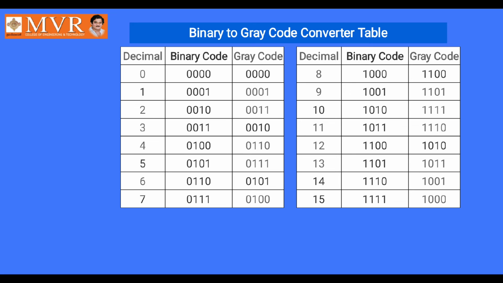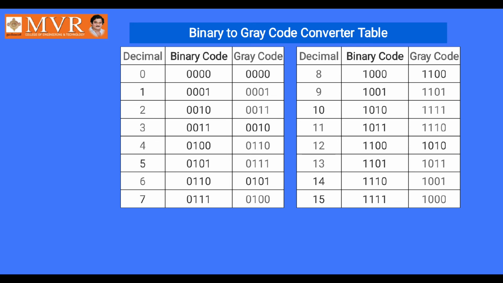But in grey code it is not like that. You can see the grey code values: first value is 0000, the second value is 0001, third value is 0011. 0011 means how many changes you observed? The least significant bit 1 is written the same, the last 2 bits 00 stay as 00, and only the second bit is converted from 0 to 1. So one change occurs. When you come to value 3, 0010 means the most significant 3 bits are the same, 001, but only the LSB is changed to 10.